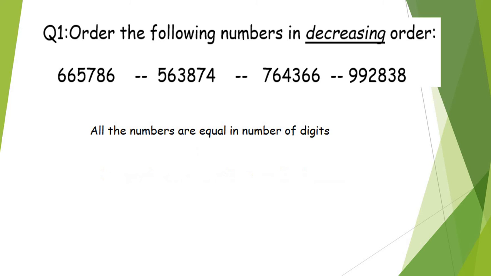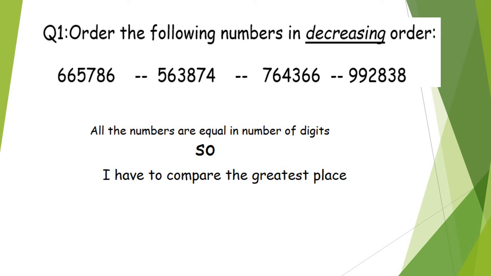So they all have 6 places. Okay, 6 digits. So who can tell me what I have to do now? I have to look at the biggest place of these numbers. What is the biggest place here? It's the 100,000. So I need to compare the 100,000, the greatest place between them, which is